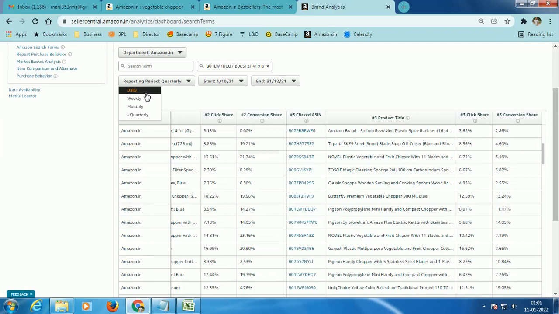Likewise, when you select weekly, how did your competitors do in the last week, in terms of their conversion or their click share? You will be able to look into all those details. When you choose monthly, Amazon is going to fetch you the last 30 days of data. When you choose quarterly, Amazon is going to fetch you the last 90 days of data.